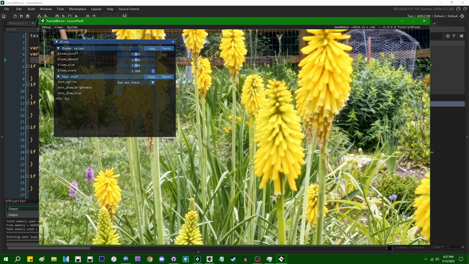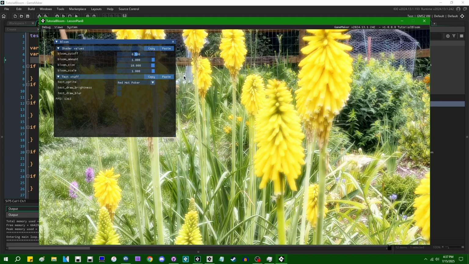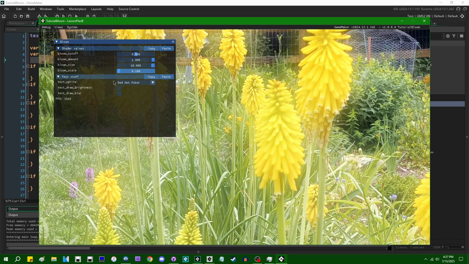Alright. Let's dial this all the way up. Let's play with this bloom scale slider a little bit. And again, you can see that there is a visual difference. We will clean that up later. But as I scale down the output surfaces, now even with the bloom cranked all the way up to maximum, if you set the scale of the